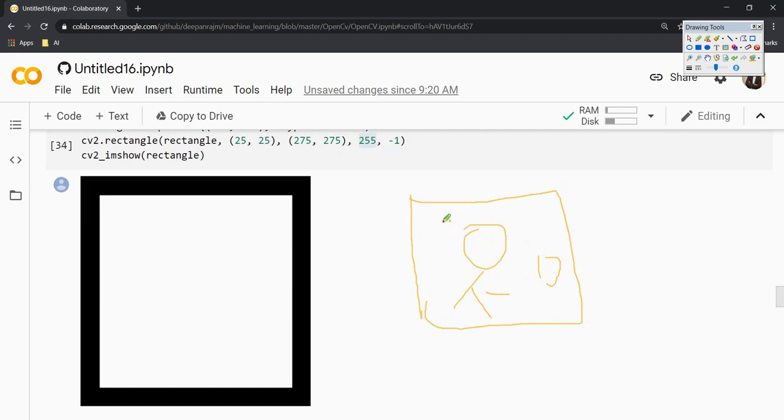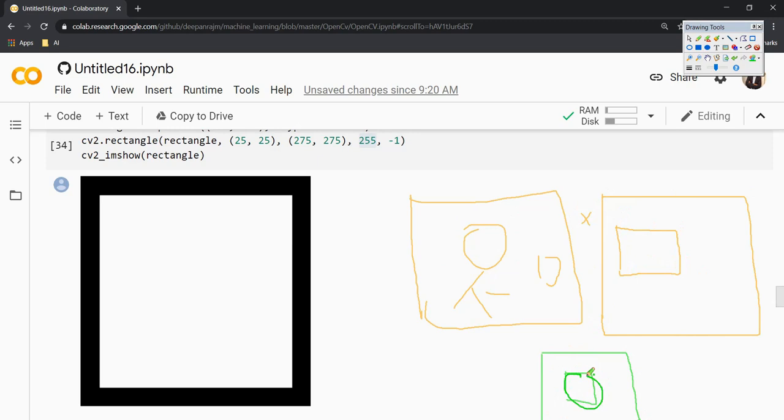What if I want to mask just the region of interest to process it in more detail? At that point I can create an image with the same dimensions, but I create a mask that covers the face alone. When I multiply these two images, I get an output of just the face alone, something like this. So this bitwise operation is very useful.